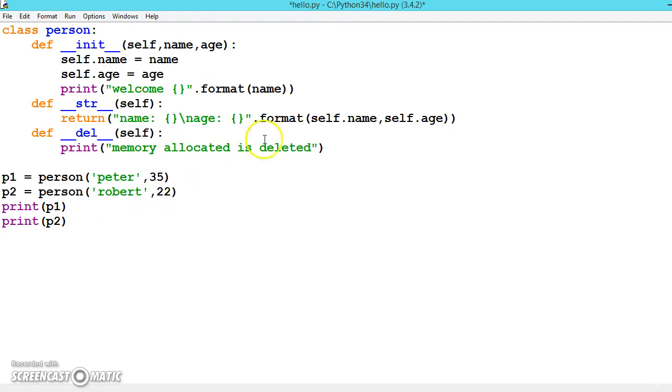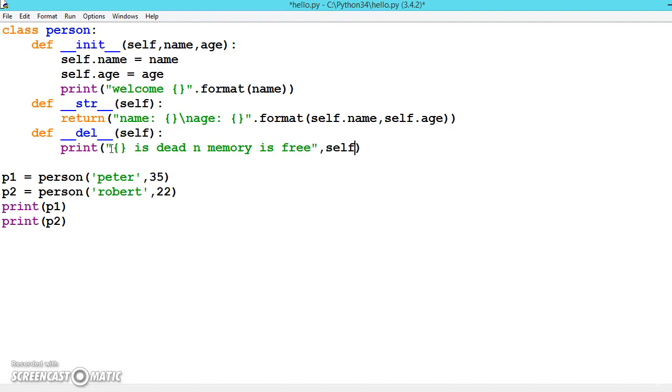and here let us write memory allocated. Let us write some fancy string: "is no more, is dead, and memory is free."